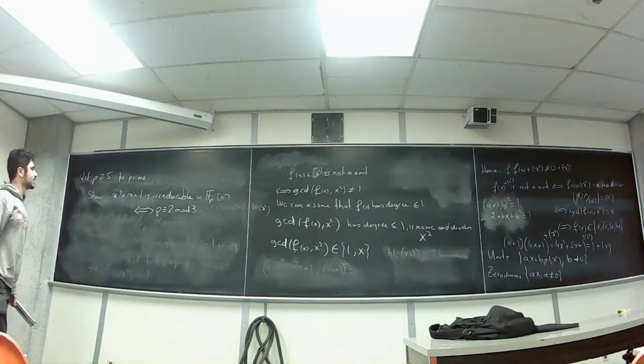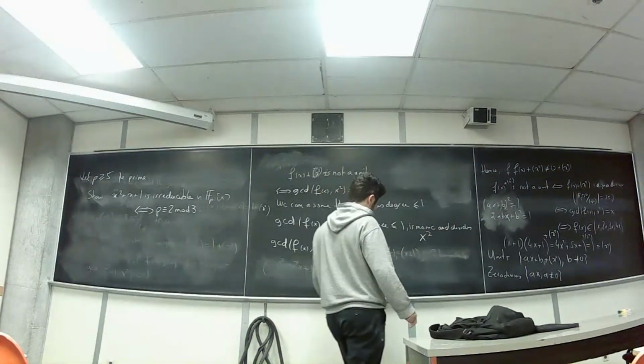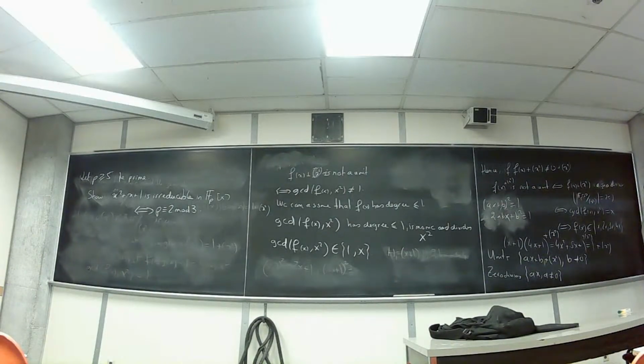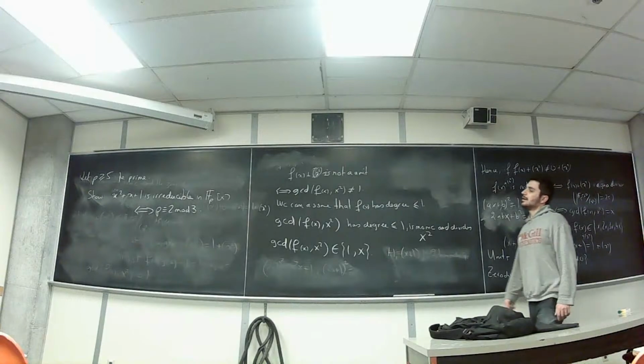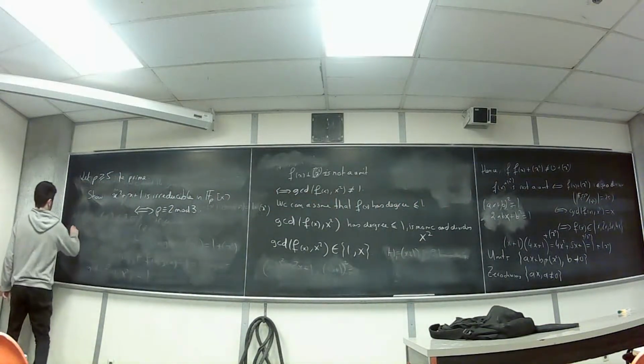Okay, let's get back to this. X squared plus X plus 1 is irreducible in FP of X if and only if p is congruent to 2 mod 3. What is the idea here? Plugging in doesn't work, right? Because now what if, note,